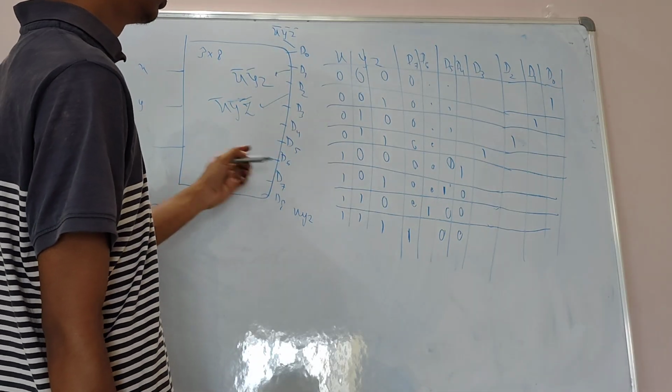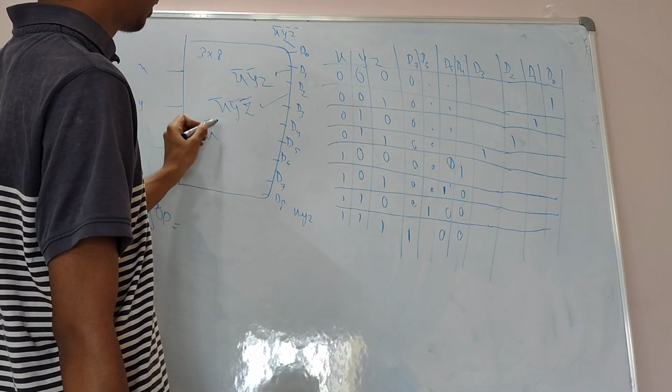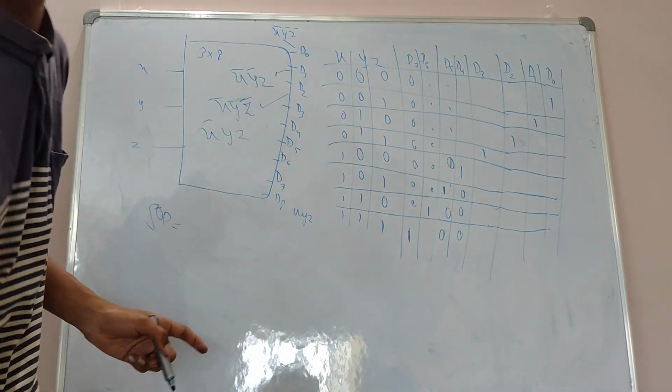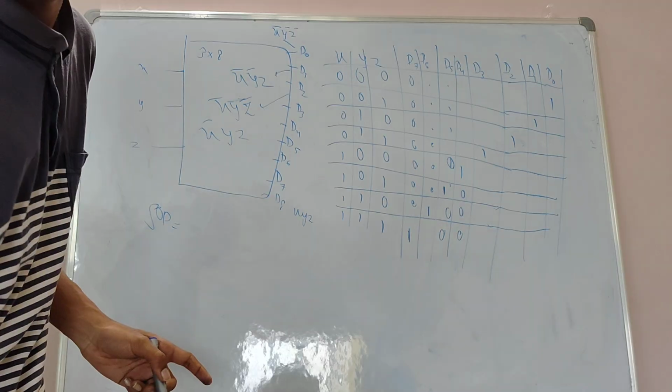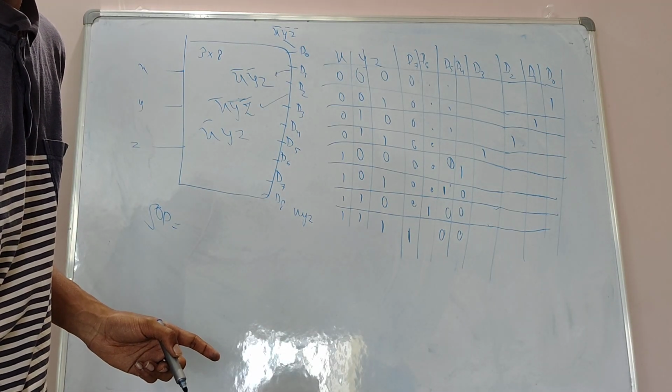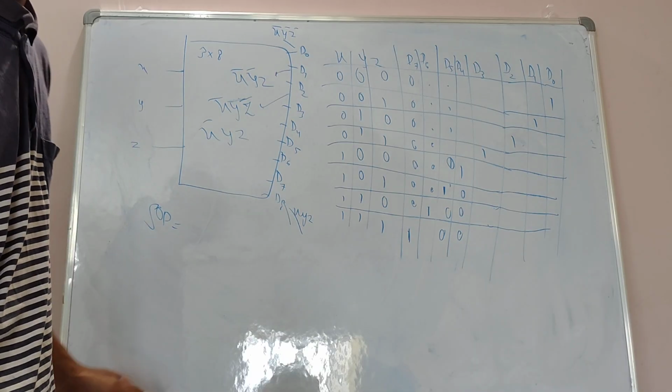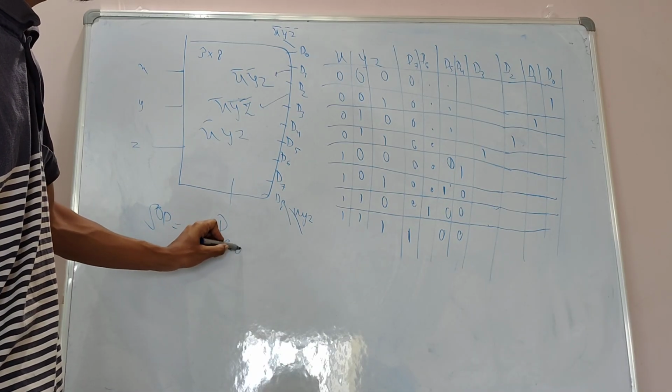Then for D3 I will write X bar, Y, Z, right? In this manner I can write. And for the D8 part I will write X, Y, Z, right? And suppose D is my enable pin,